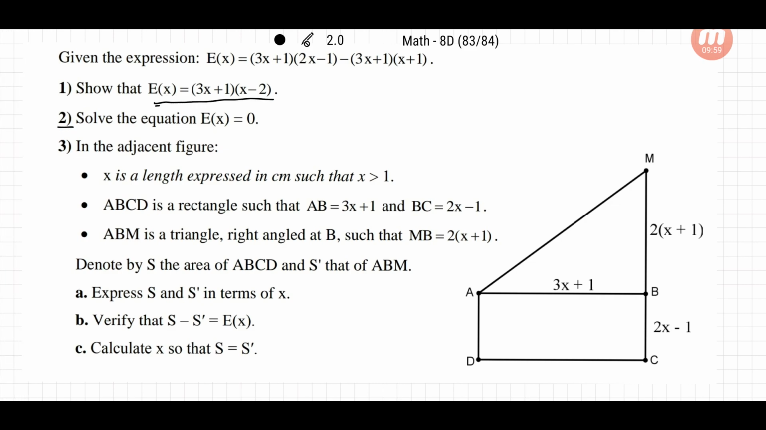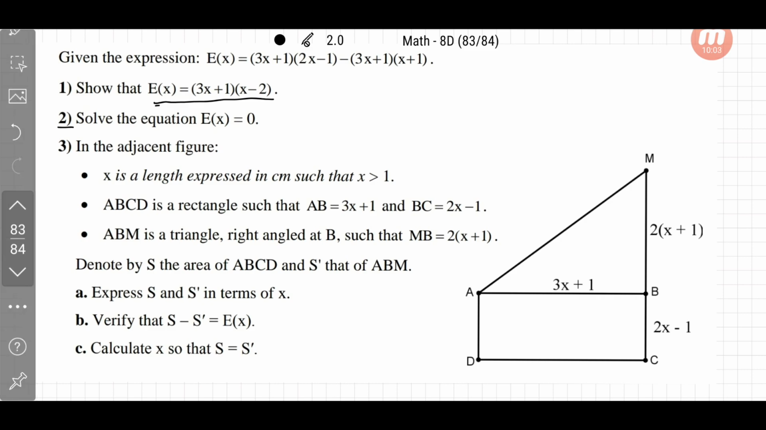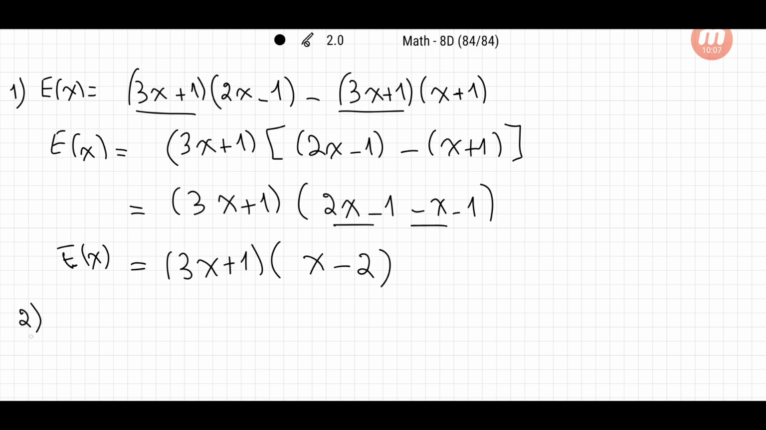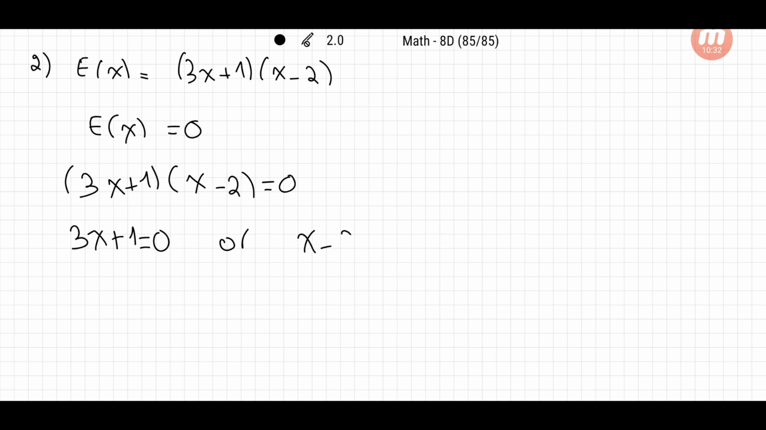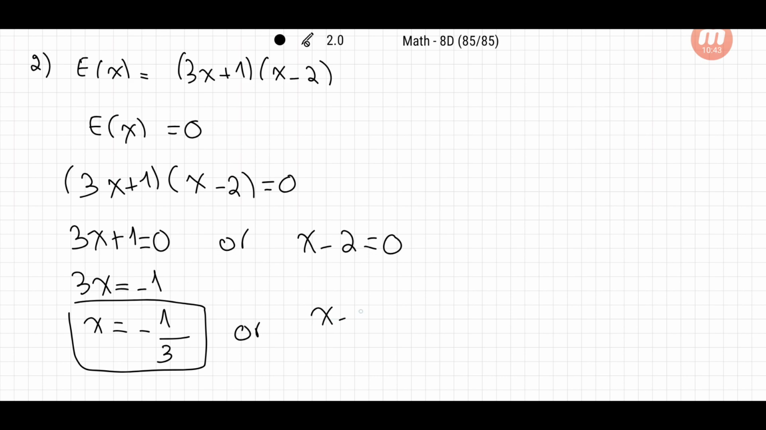Now number 2, solve the equation E(x) = 0. So I need to solve this equal to 0. So either this equal to 0 or this equal to 0. So E(x) equals 0, meaning (3x + 1)(x - 2) = 0. So either 3x + 1 equal to 0 or x - 2 equals 0. Here I solve 3x equals minus 1, x equal to minus 1 over 3, or x - 2 equal to 0, x equals 2. Okay. Now,